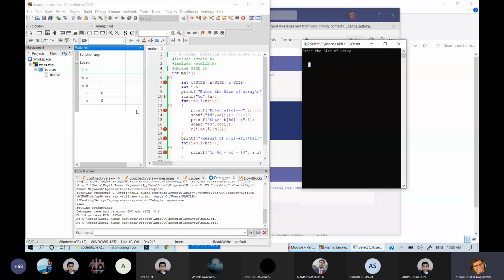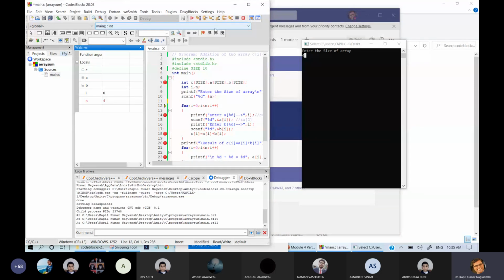So is there any change? Actually, the size of the array is not entered. Oh, yes. For the next step I need to press, then enter. So here you can see that the size of the array is 4. Now come to the next step once again. So the cursor is here, nothing will be executed. On the next line, the cursor will ask the next thing.